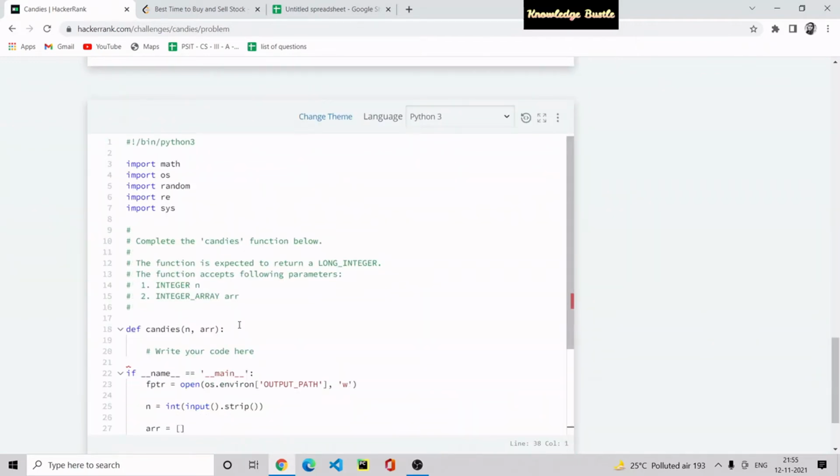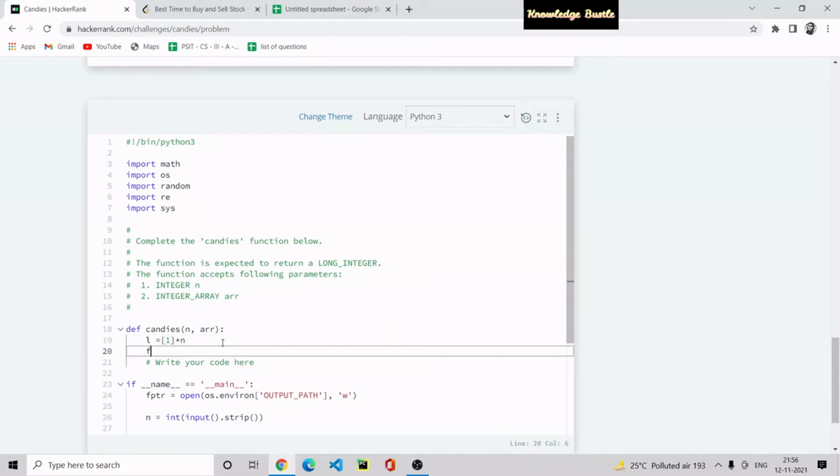So let us move to our solution. We have to solve this problem in O of n complexity. Firstly, we take a list L, of the same size as the score array of students, because we have to give the same number of candies as the students present. Then we initialize the whole array with 1, and its size is n.